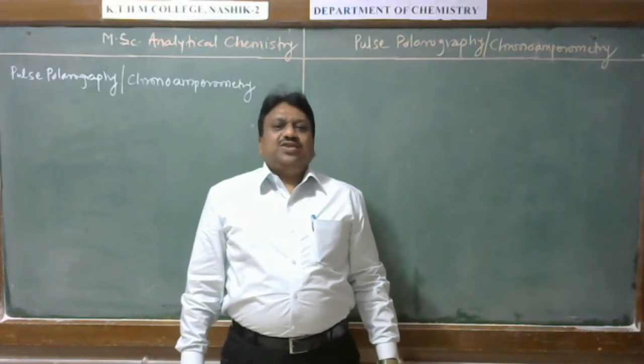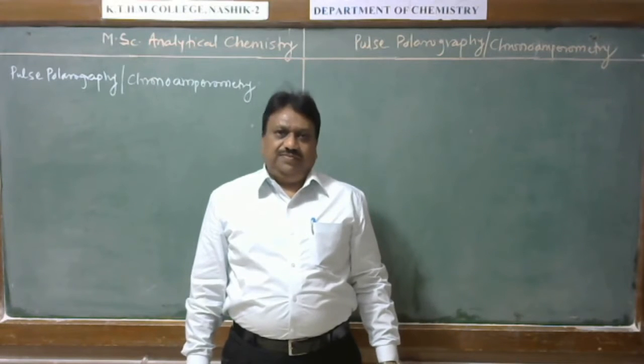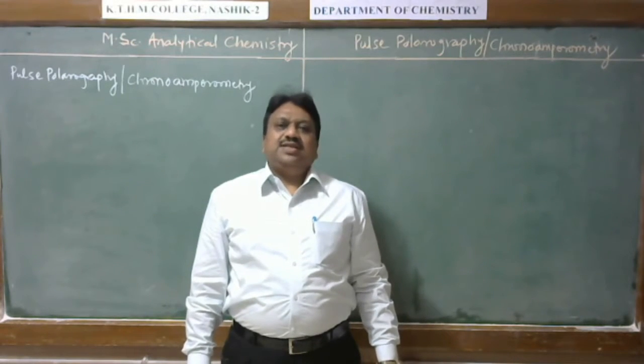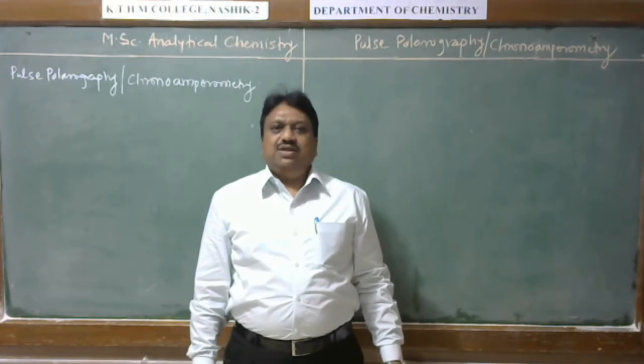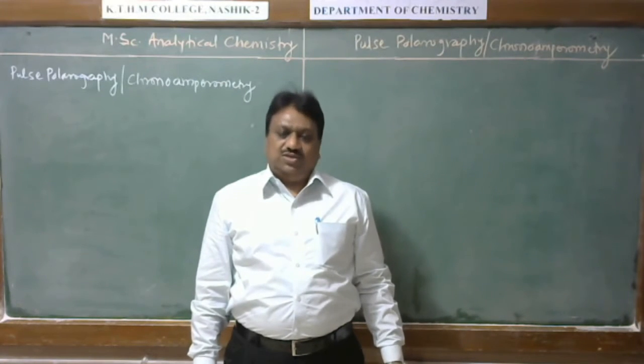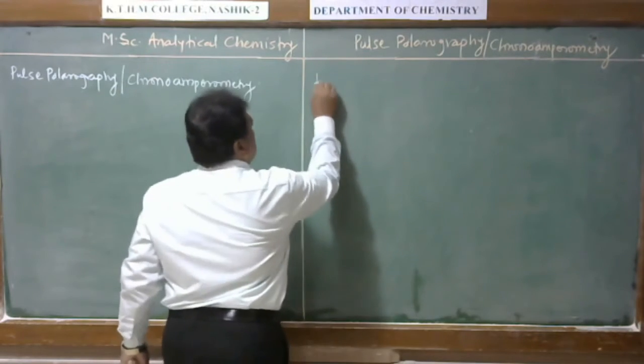Students, in today's lecture, we discuss another method of current sample polarography, in order to increase the sensitivity of analyte measurement below 10 raised to minus 7 to 10 raised to minus 8 moles. Students, we know that in current sample